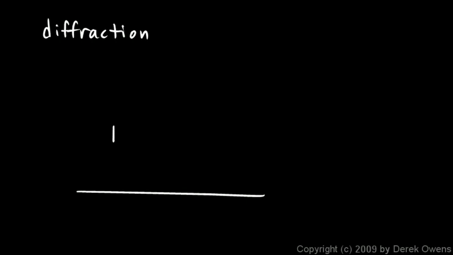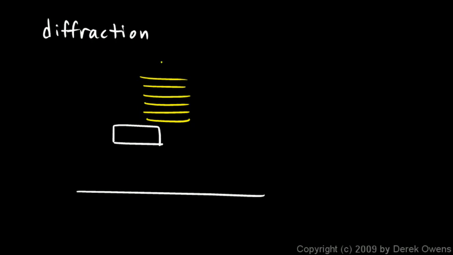For example, diffraction. Diffraction is the bending of light around corners. Say here's the ground, and say here's an object, maybe the edge of a table or something, and light is shining down, and we'll think of it as a wave coming in instead of a beam. Think of these as the waves on an ocean rolling in on the beach, but instead these are light waves shining down on the earth.